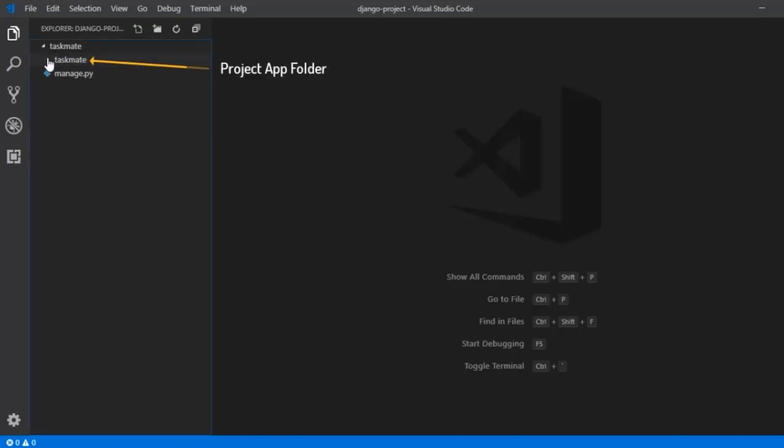Now this is our project folder right now. So this is our main project app. Django is completely divided into different type of apps. So this is our project app. Later on, if we try to create a blog in our website, we will be creating a blog app. So there will be a new folder called blog inside our taskmate. So taskmate is our project, this is our app, and if we create a blog, the blog will be considered as app. Everything in Django is divided into app. This point will be clear by next lecture.